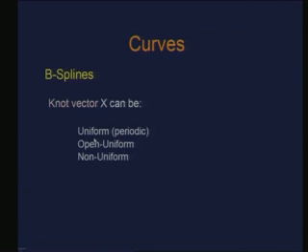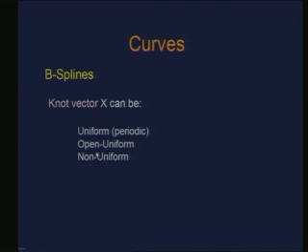So they could be uniform knot vector or periodic knot vector. Periodic because the N_i,k's which are computed using these knots turn out to be periodic in nature, right. Or it could be open uniform. So there we have the multiplicity of the knots at the two ends, right. So the knot is repeated k times at